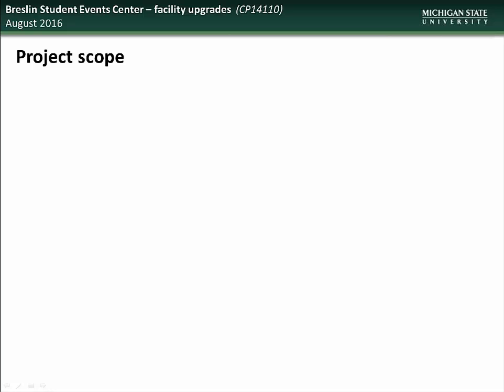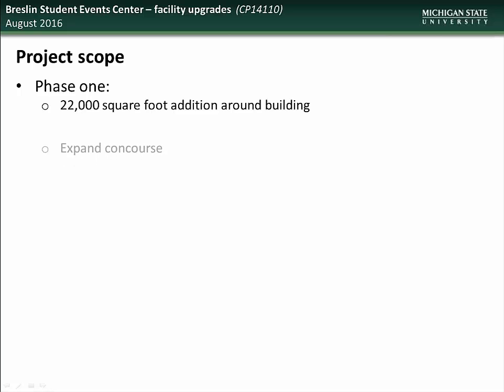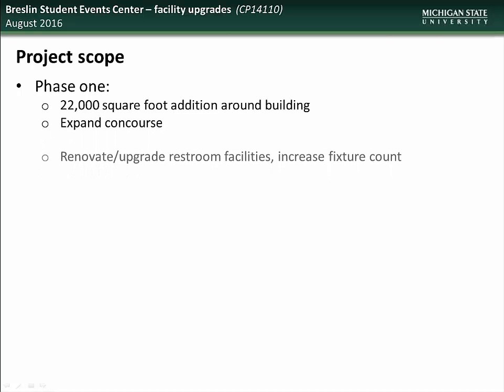The project will be divided into two phases, facility upgrades and athletics addition. The phases are being designed in a way that minimizes rework and are being fully coordinated throughout their design and construction. Phase 1 will include a 22,000 square foot addition around the building, an updated concourse, renovation and upgrading of